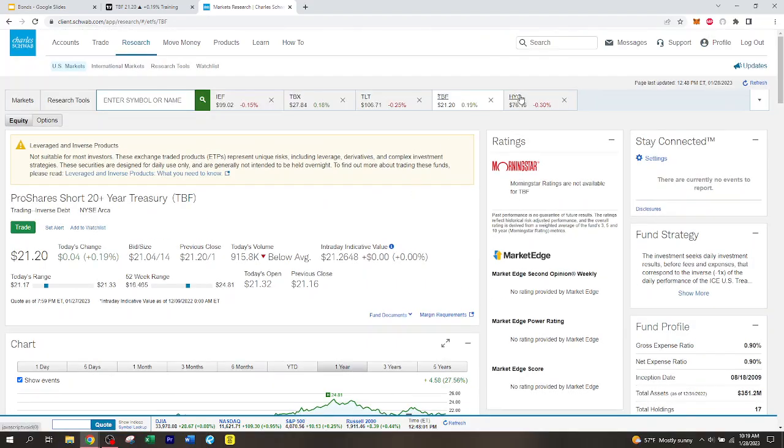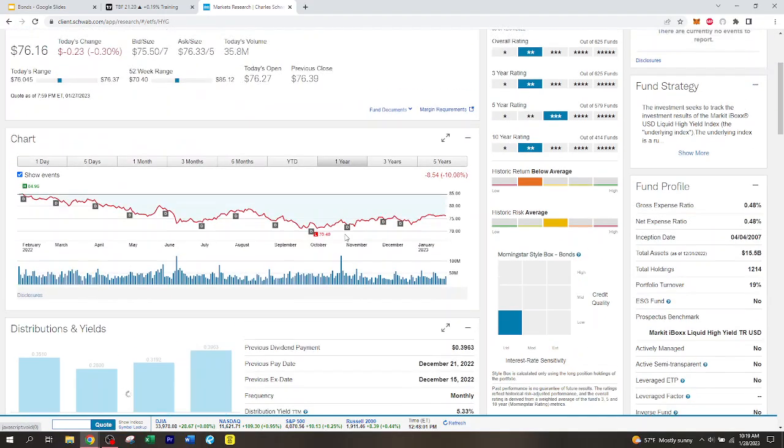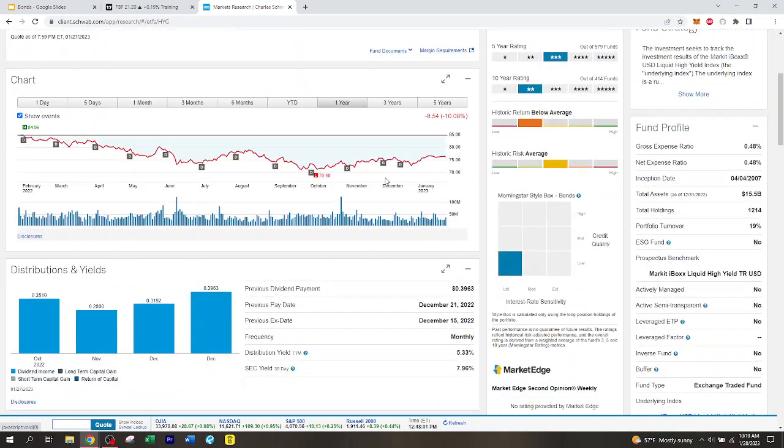And then finally, let's look at our corporate bonds. So here's the high yield corporate bond ETF. And this thing pays drastically more than those U.S. bonds pay you. This will pay you 5.33% a year, and that's paid out monthly. So that's where you can see, this higher risk asset, you have to get a higher yield for it.